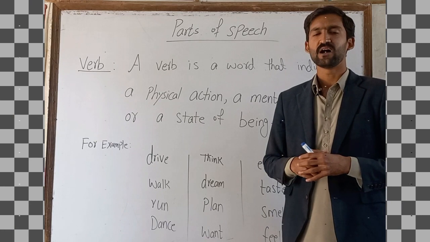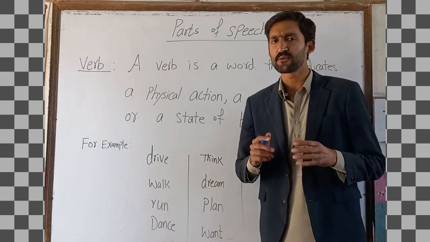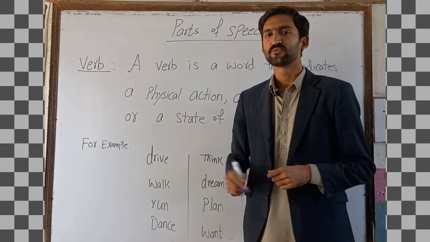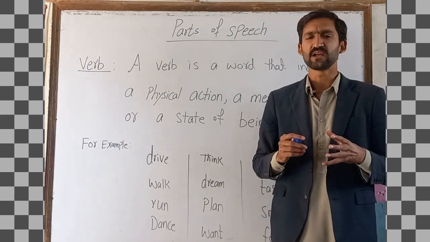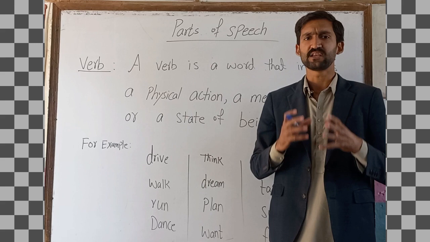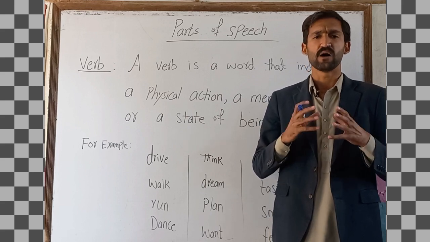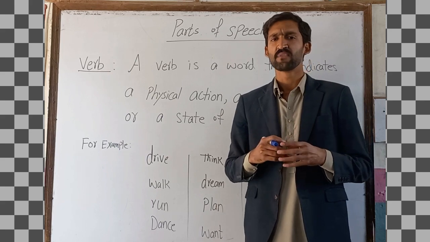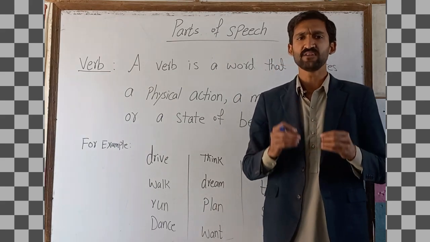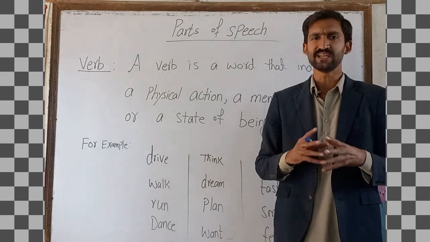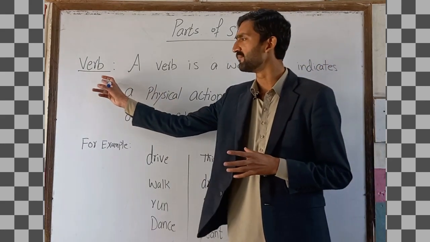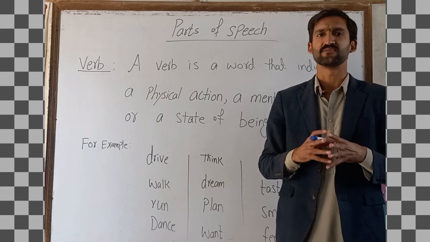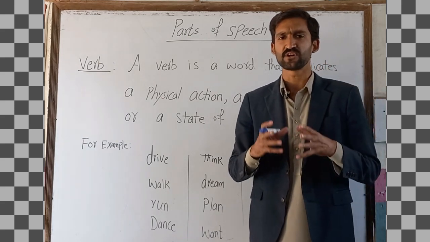In this video, I'm going to explain another part of speech and that part of speech is verb. So what is verb? Verb basically is a major and key function of a part of speech which plays a role in sentence writing. Whenever you make any sort of sentence, you need certain verbs. So without verbs, there is no existence of a sentence. So we start from the definition of verb.